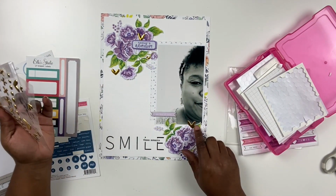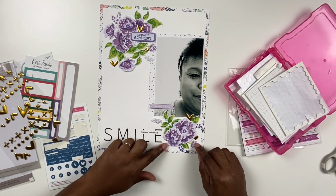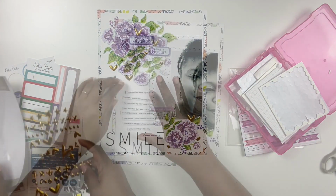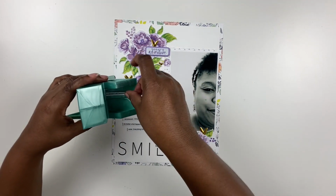I'm going to repeat the same technique here at the bottom, adding in those hearts and just tucking them ever so slightly underneath the photos so that they're peeking out. I love the way that looks. It's so beautiful. To finish this layout, I'm going to add in some journaling strips, and the journaling says,